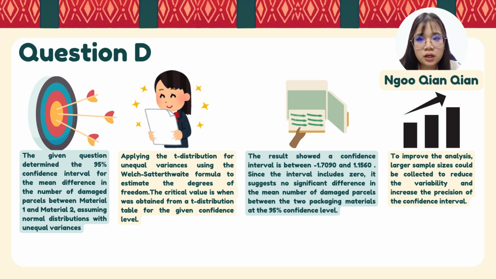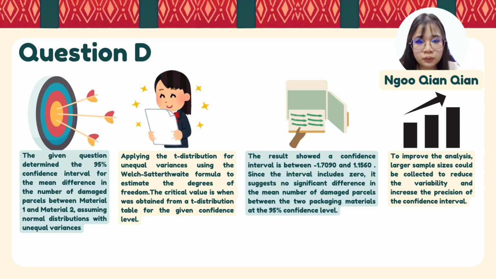The results show a confidence interval between -1.7 and 1.156. Since the interval includes 0, it suggests no significant difference in the mean number of damaged parcels between the two packaging materials at the 95% confidence interval. To improve the analysis, a larger sample size could be collected to reduce the variability and increase the precision